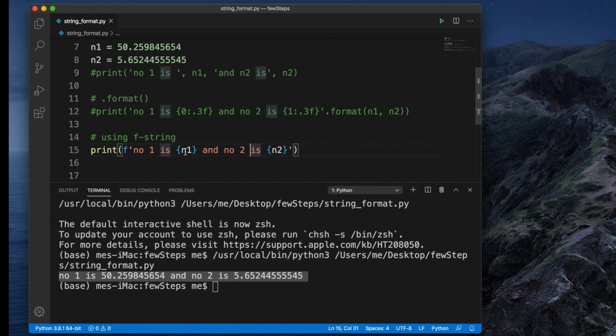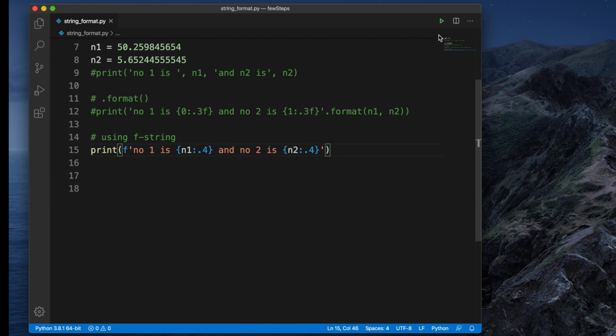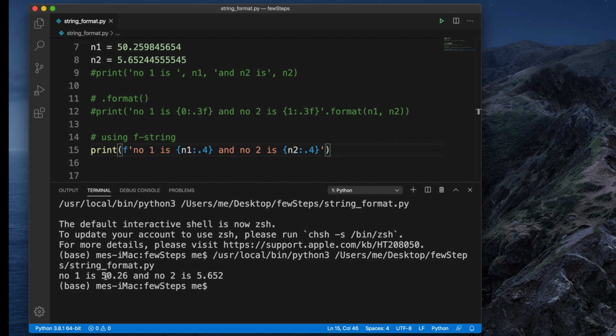Okay, and here we can format this part also. If you want to print only the first 4 digits, like 4 precision, then we can do that by putting a colon dot 4. Dot 4, and here also colon dot 4. Let me clean this again and run the script, and we'll see it is showing only the 4 precision values, right? And if you want to fix our decimal point, we can do 4 decimal points for each of them. So here it will change, right?